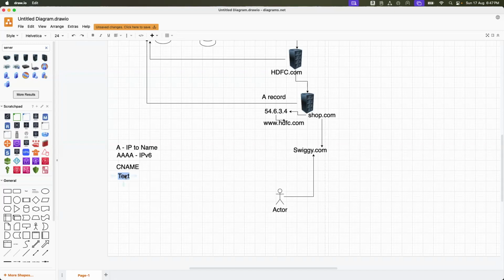MX record is typically used for the exchange server or mail server. Okay. For email server, the MX record is needed. Then another record is NS. This is the MX record, CNAME records. NS record, it is actually the real server,